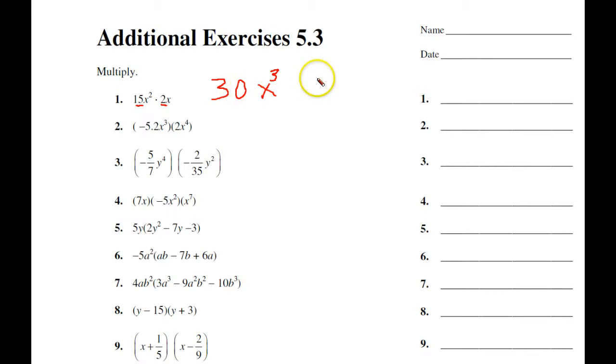I'm writing with my mouse, that's why it's a little funny. Okay, we'll switch over to the pen here very shortly. So there is a negative times a positive, and we get a negative